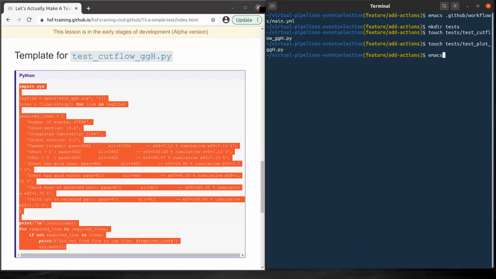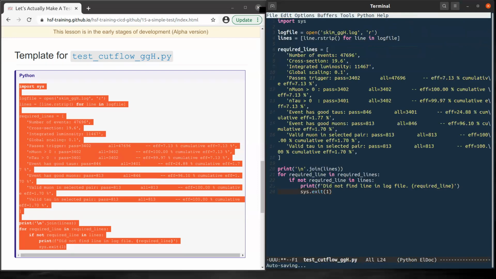Let's open up these tests, the catflow. This will open the log file and search for some lines. And if it doesn't match, this will exit with an error.